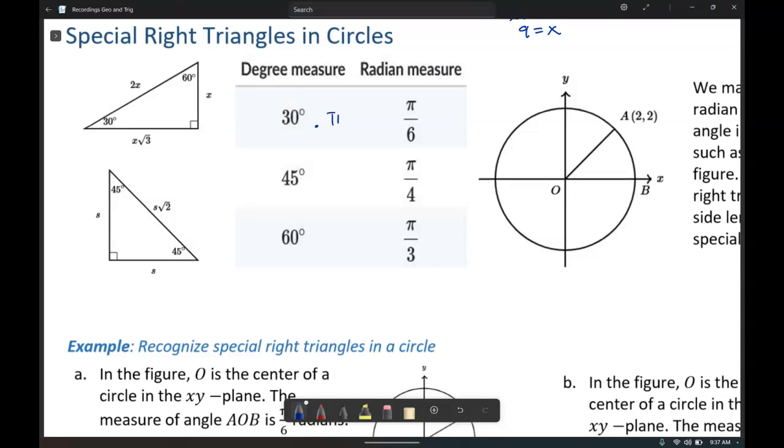But if you forget, remember that you can always convert by multiplying by pi over 180, or the reciprocal if you want to get back from radians to degrees. So we can do that simple conversion if we need to. So recall our special right triangles, 30, 60, 90, as well as the 45, 45, 90 right triangle. And we're going to come back to these in a minute when we look at this next part here,